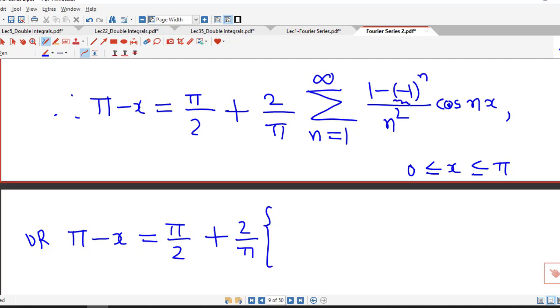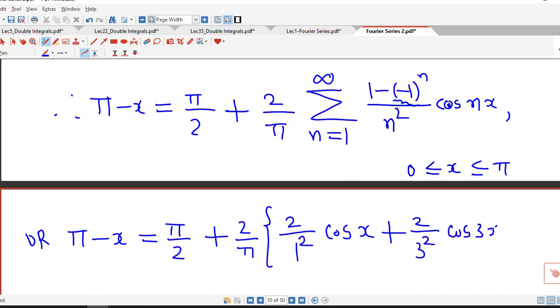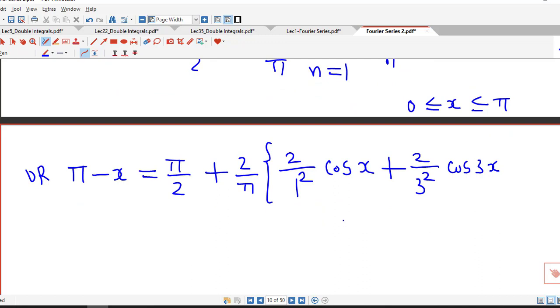Now here minus 1 raised to n is 1 if n is even, so this quantity will be 0 if n is even, and if n is odd, minus 1 raised to n is minus 1, so this quantity will be 2 if n is odd. So when n is 1, we have 2 by 1 square cos x. For n equal to 2, it is 0. When n is 3, we have 2 by 3 square cos 3x. For n equal to 4, it is 0. When n is 5 we have 2 by 5 square cos 5x and so on,